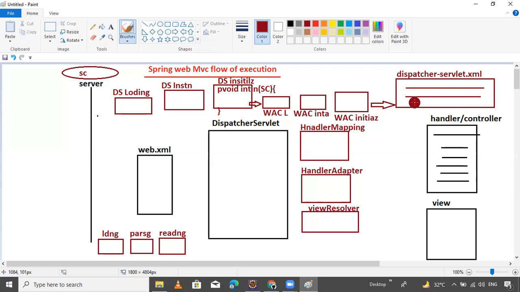After reading the data, it creates the bean objects. For every bean configuration in the file, it will create the object.